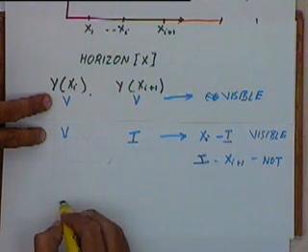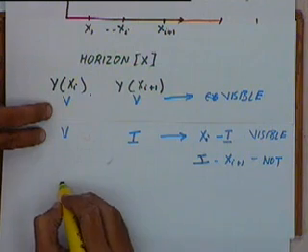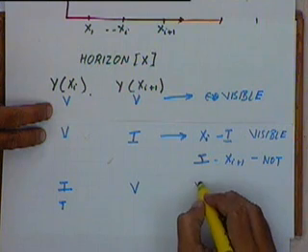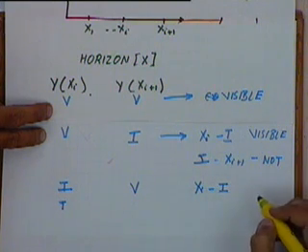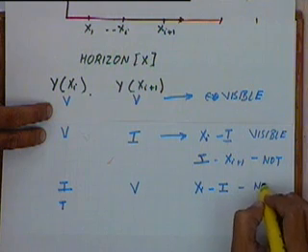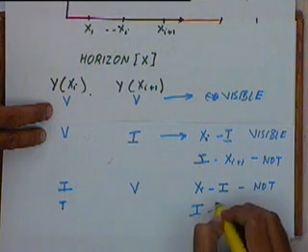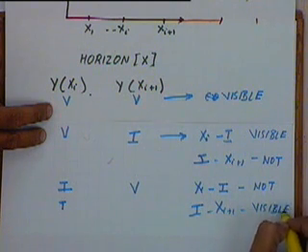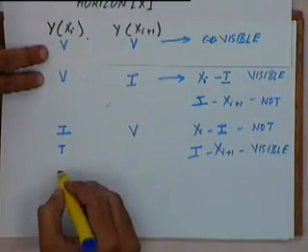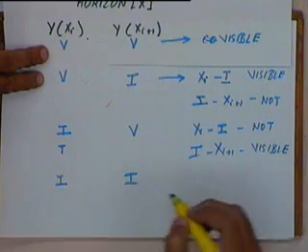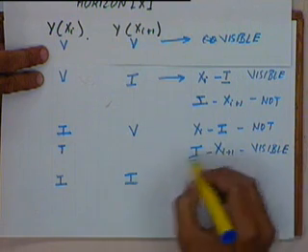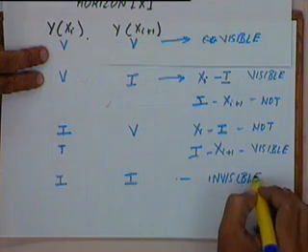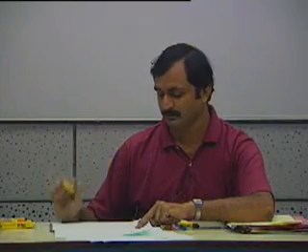On the other hand, if xi is invisible and xi plus 1 is visible, it will be the other way around. From xi to the intersection point I the curve will not be visible, and from I to xi plus 1 the curve will be visible. And of course, if both of them are invisible, in that case the curve is invisible.